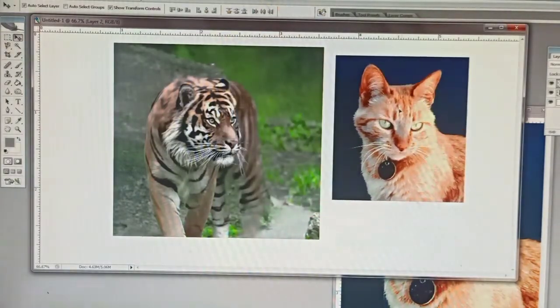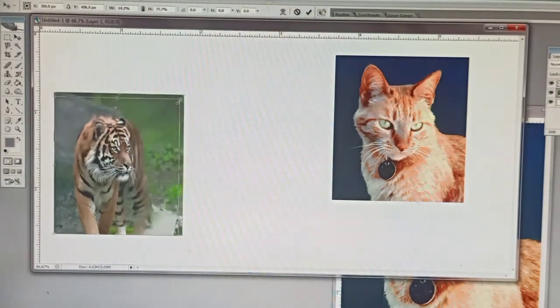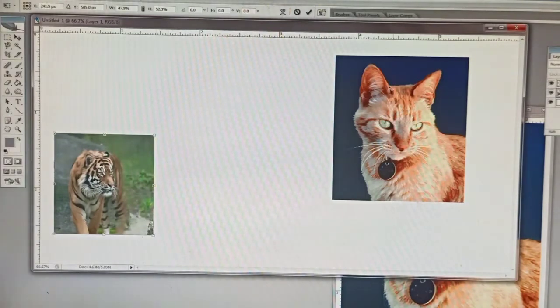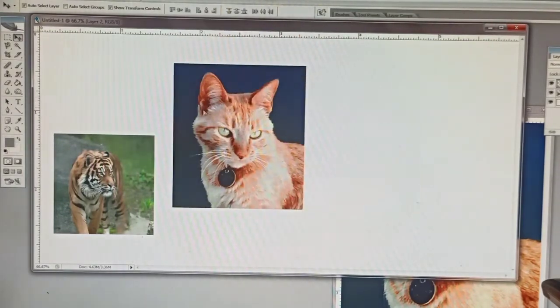So two images are here. In this way we can take the pictures and resize them if we want. Then we can select another one as well.